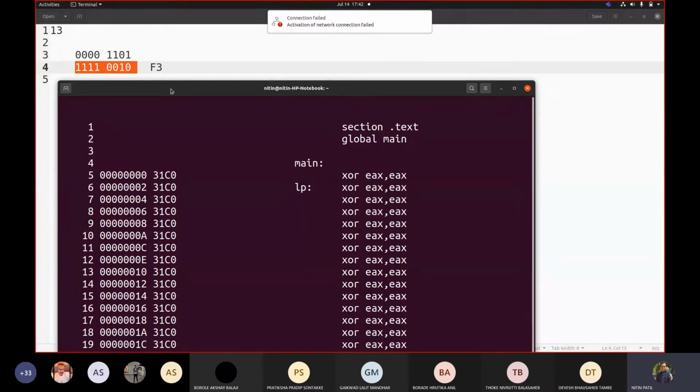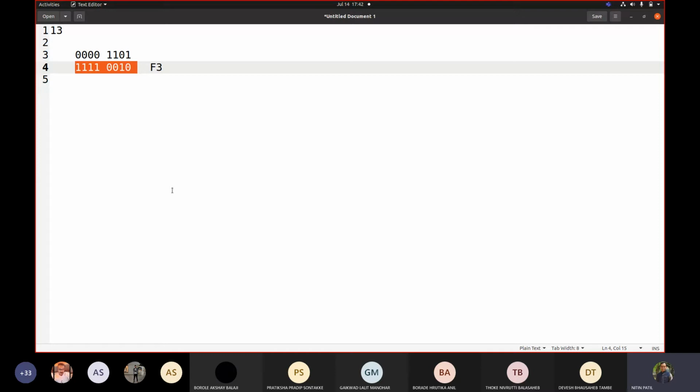So the total number of lines is 13. Are they? 1, 2, 3, 4, 5, 6, 7, 8, 9, 10, 11, 12, 13. How many is it? 13, 14? Count the number of lines: 1, 2, 3, 4, 5, 6, 7, 8, 9, 10, 11, 12, 13, 14. 14 multiplied by 2. So how many bytes is that? 28. Correct? 28. Okay, now do the conversion of 28.